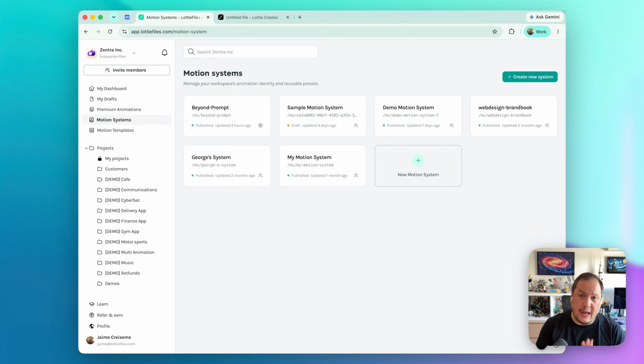Welcome. So now we're going to take a look at motion systems. Motion systems ensure consistency and speed across your team. It's a great way, just as design systems have revolutionized design and building UI interfaces. Well, turns out that motion has always been the missing part of design systems, and we thought it should be